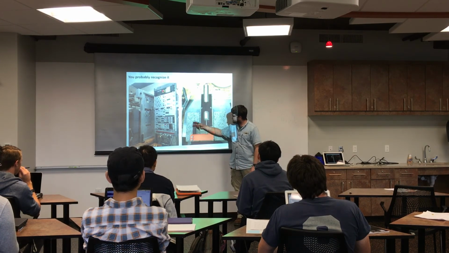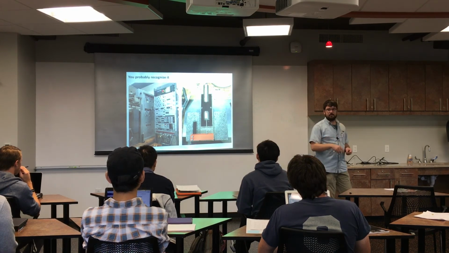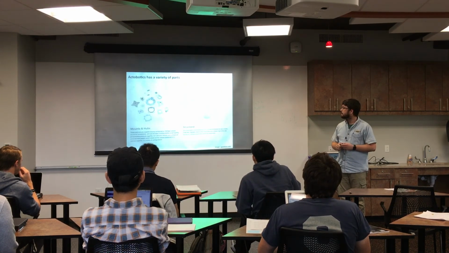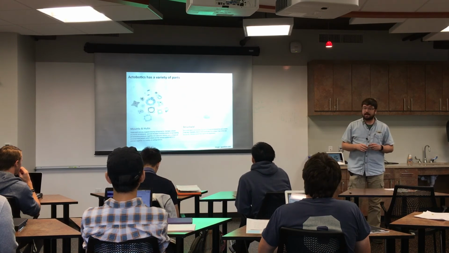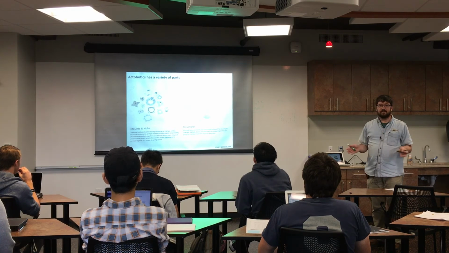Likewise here, you can loosen this and slide that up and down and then tighten it. And this stuff is relatively cheap. I mean, you can buy a 3-foot stick of the maker beam for, I don't know, it's probably $15 or so. It's not bad. Actobotics is one that you should definitely look at because they make these parts by the thousands or maybe